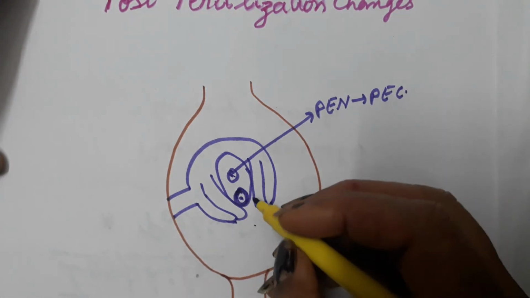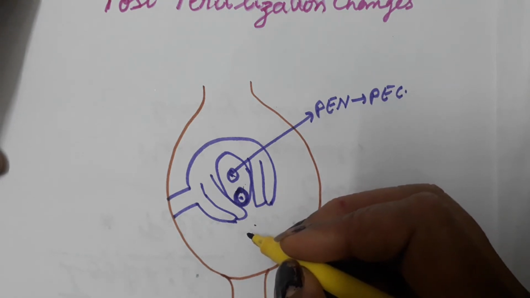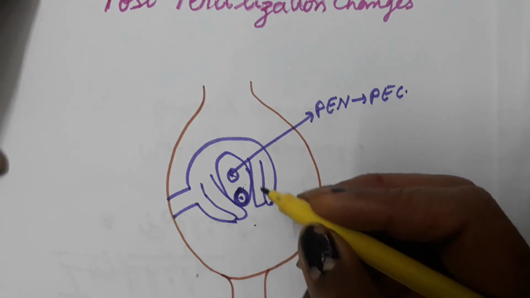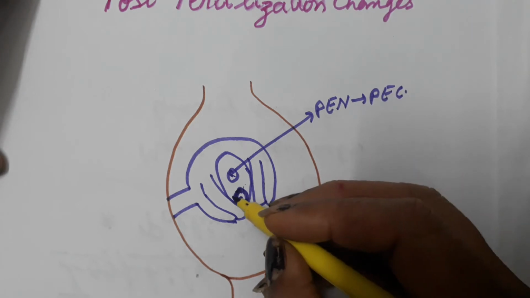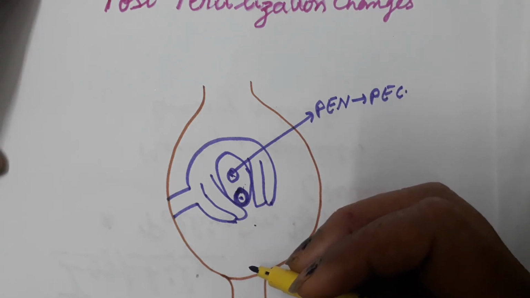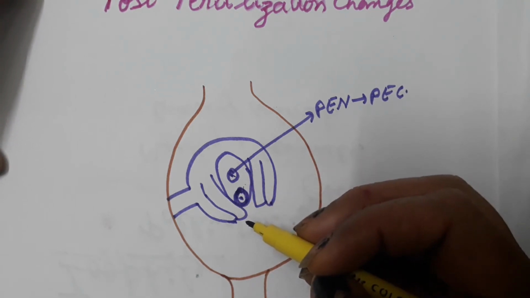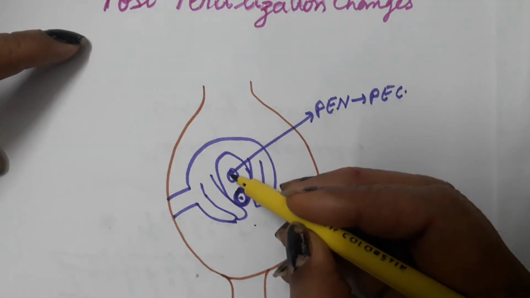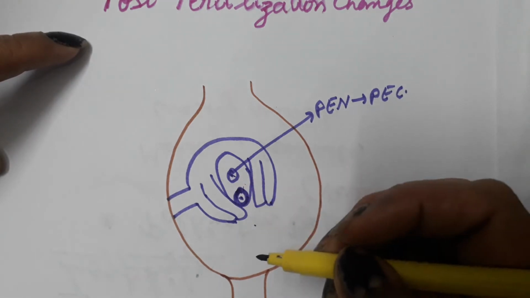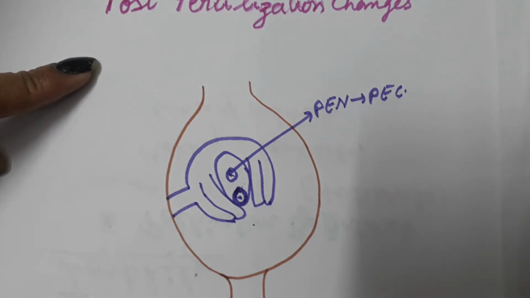Egg changes into a zygote-like structure. On one side, the degenerated synergid, through which the pollen tube opened into the embryo sac. On the other side, the second synergid. On fertilization, it also degenerates. So antipodals and synergids, after fertilization, degenerate. So 2 cells are now present here. One is the zygote cell and the other one is the primary endosperm cell, which are the product of double fertilization.